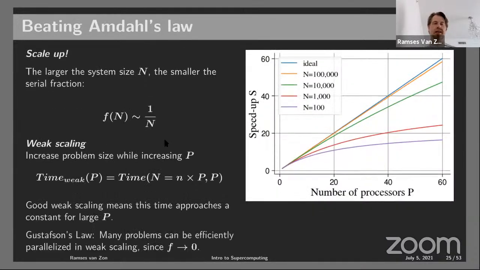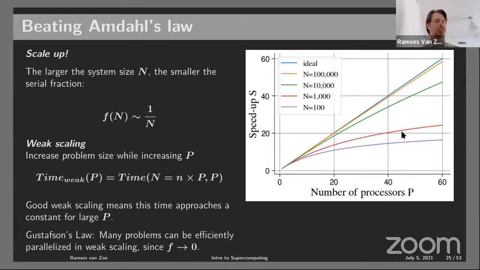So if you do that, you get into a regime that's called weak scaling. Rather than just making the number of processors larger, you at the same time make your system size equally larger. So 2 times as many points, 2 times as many processors. What happens then? It turns out that in that case, if you again assume that the serial fraction is independent of p, etc., you see that as the system size increases, you get closer and closer to an ideal speed up. There's still crossover eventually, but for a fixed number of processors, you get more and more ideal scaling. So that means that if you scale up, your scaling becomes better.